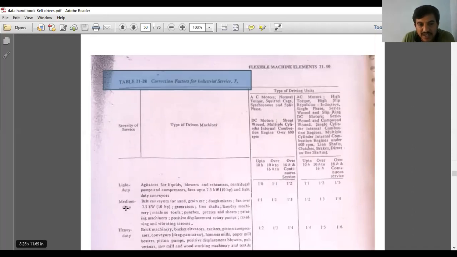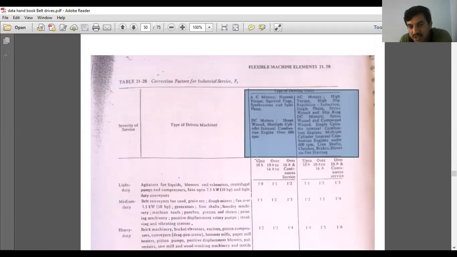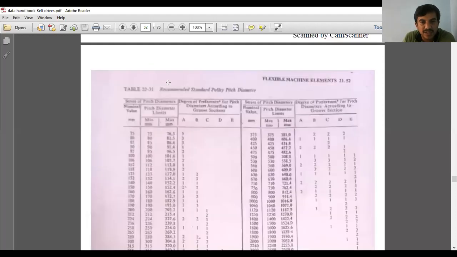Based on the service, whether light, medium or heavy duty, the type of driven machine and type of driving unit, and how many hours the power transmission takes place: up to 10 hours, 10 to 16 hours, or more than 16 hours, and whether it is low torque or high torque. Based on that, we select the FA values, right? This is the service factor. Then I want to determine the diameter of the smaller pulley.